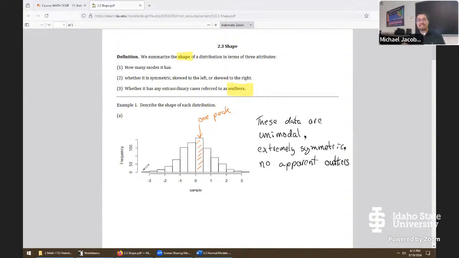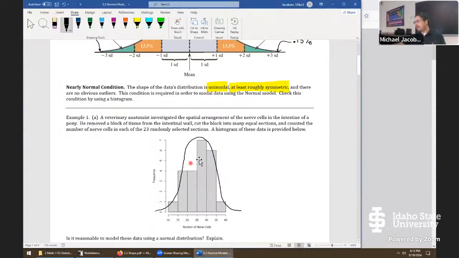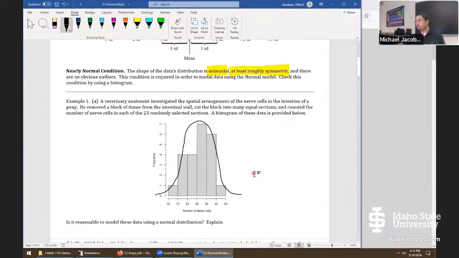You would almost never see data as nice as this if it's real data. If you put a curve on this, it would look about like that. Not even this is perfect, but this looks like it is definitely going to satisfy the nearly normal condition. You can model this data very well with a normal curve. But back to this one, it's not perfect, but you can still make some decent approximations using the 68, 95, 99.7 rule. So I would say for this problem right here, we could say, since